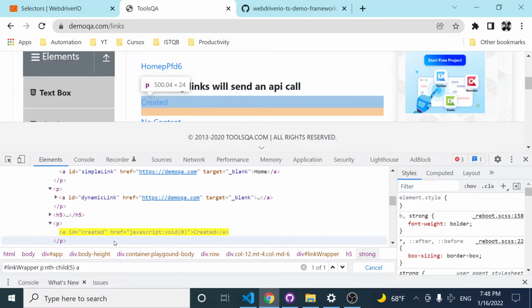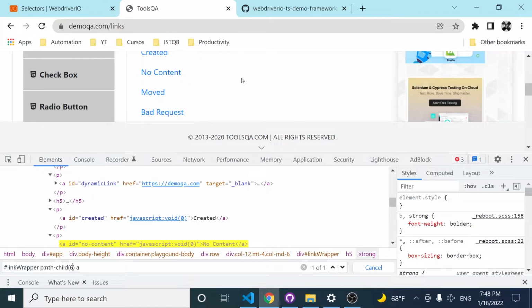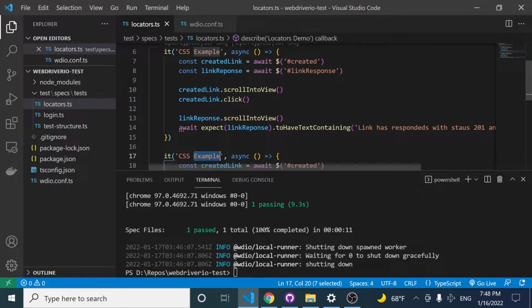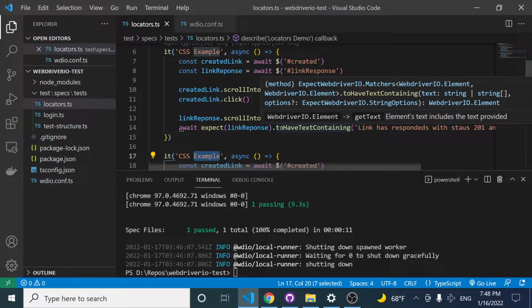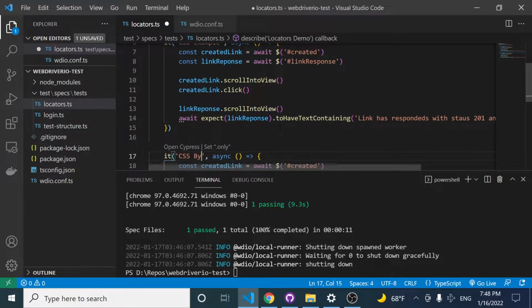That's good. Now let's imagine that I'm going to look for the no content link. It has the index number 6, as you can see over here. That's important. That's amazing actually. So using this you can have a generic selector, depending on the index that you have. I'm bringing this to this video because, to be honest, WebDriver.io doesn't have that kind of method or helper available by default, as for example Cypress or Testcafe does, and it is pretty useful. So CSS by index,